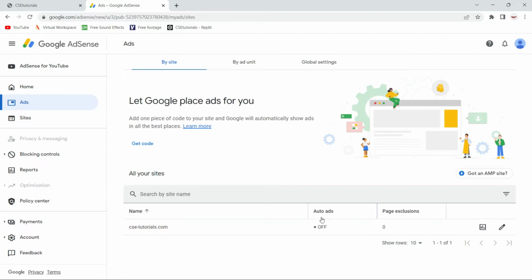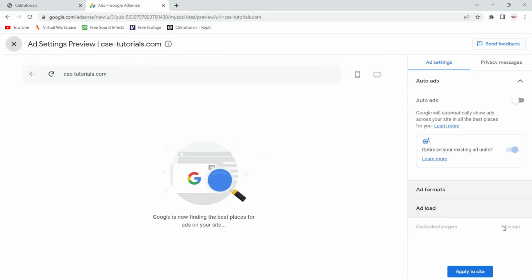Now here you can see an option, auto ads. If you want Google to put ads on your websites automatically, you have to turn on this option. Auto ads are off right now, so just click on edit and you can activate the auto ads button.